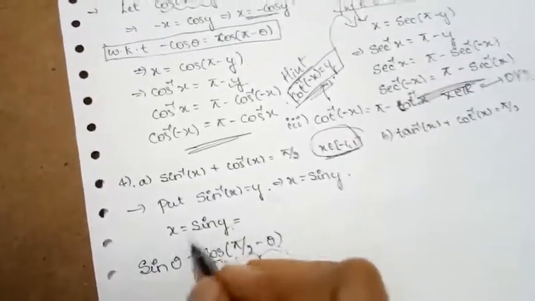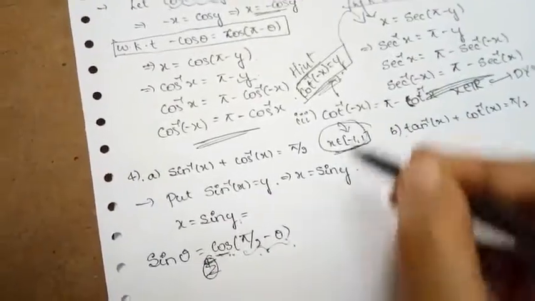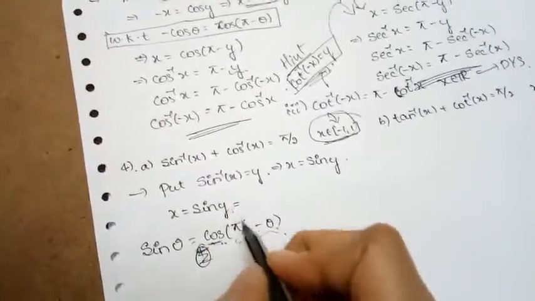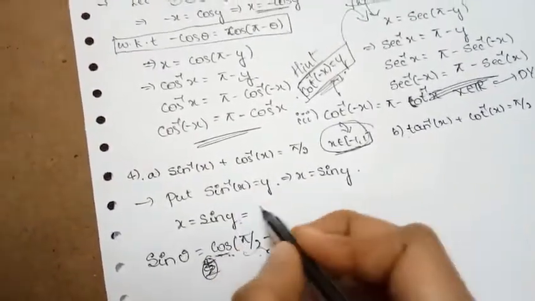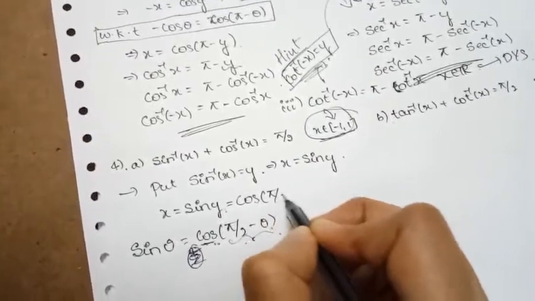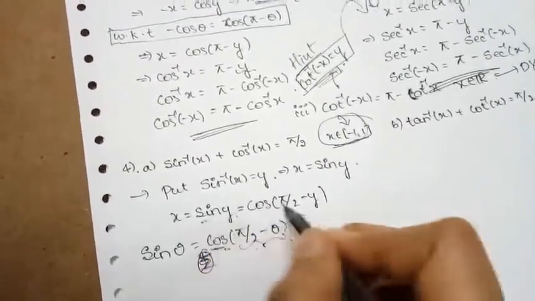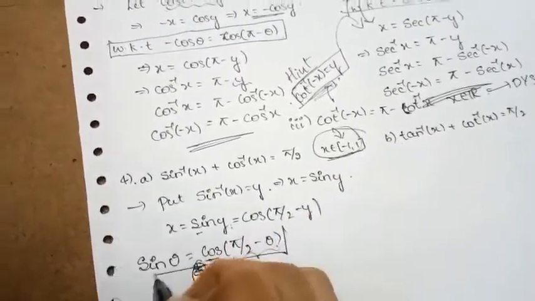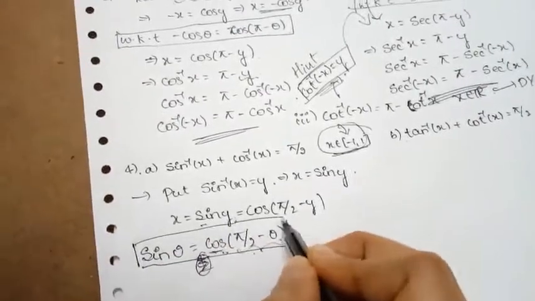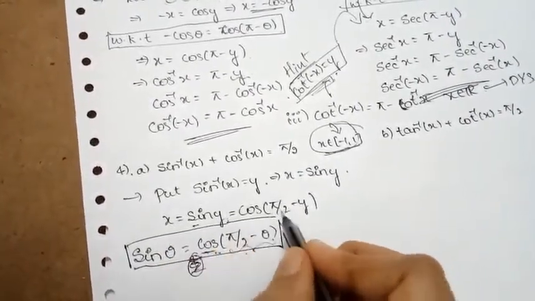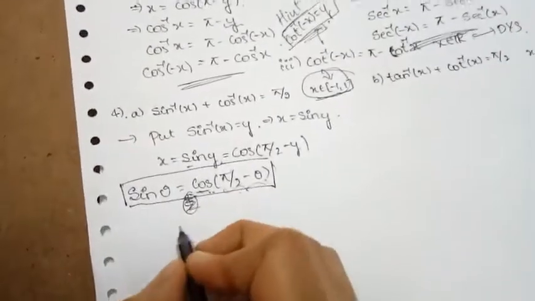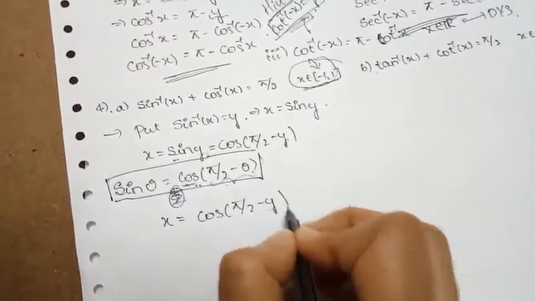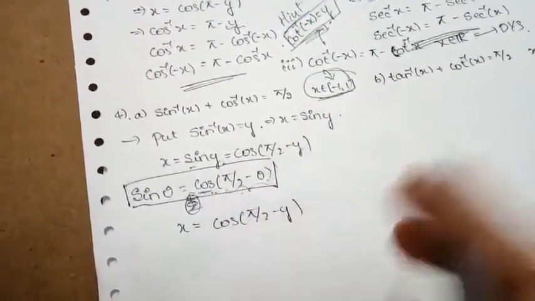That is not the main reason. The reason depends upon the domain. In detail it is not explained, so I am not going to go into that depth here. So I am taking sin y as cos of pi by 2 minus y, because cos of 90 minus y is nothing but sin y itself. This is the property which we have already come across. So I can now write sin y as cos of pi by 2 minus y. So now our x is equal to cos of pi by 2 minus y, because sin y can be written in that form.